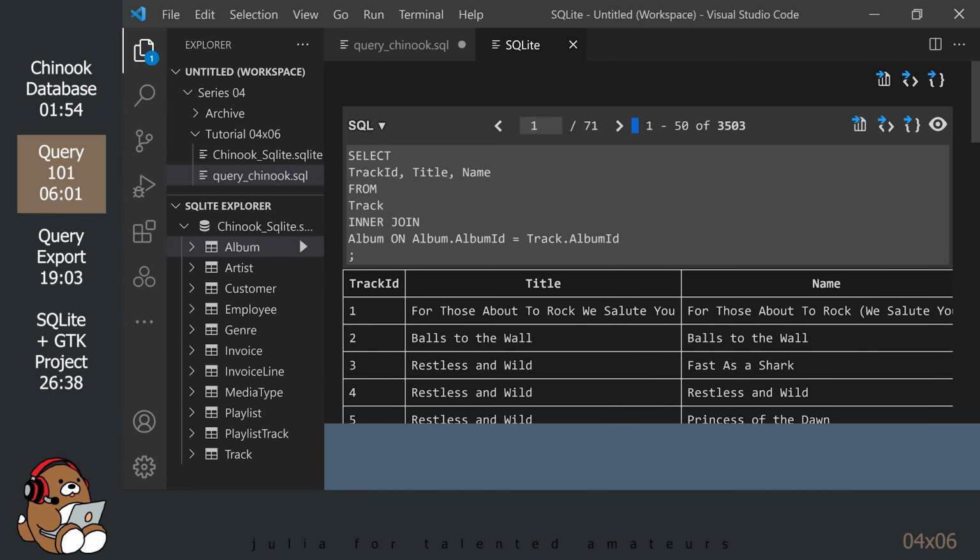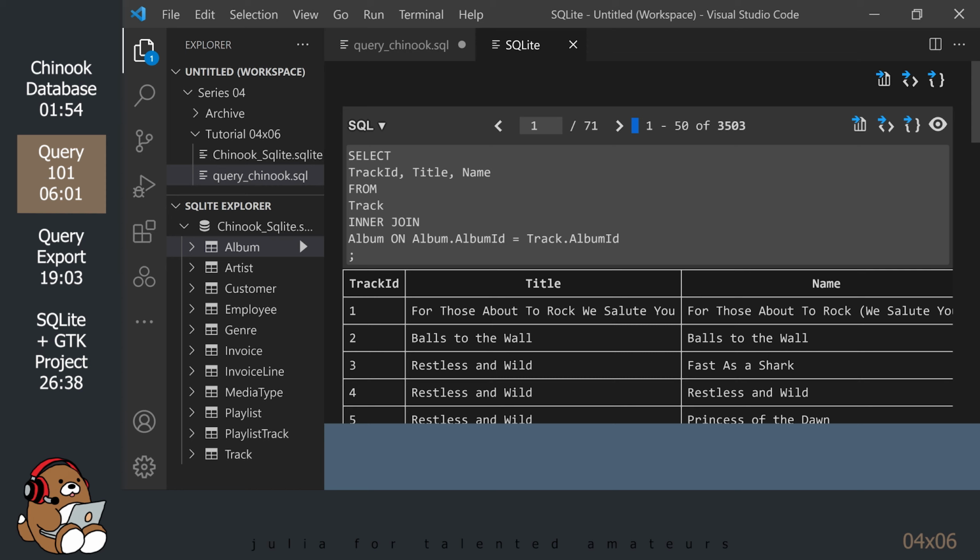But it would be even more useful if we could have a table that showed a list of songs that also included the genre names, the artist names, and the album names, so we wouldn't need to look them up separately in different tables. This is where we run into a little challenge.